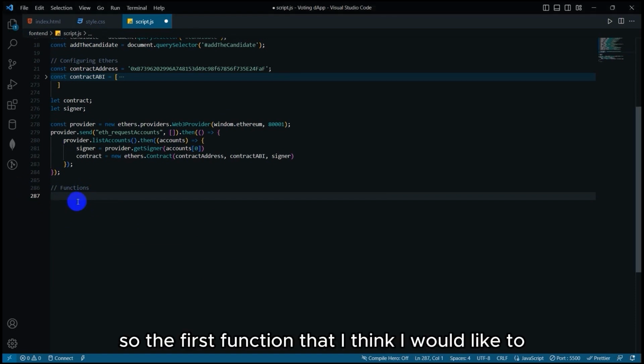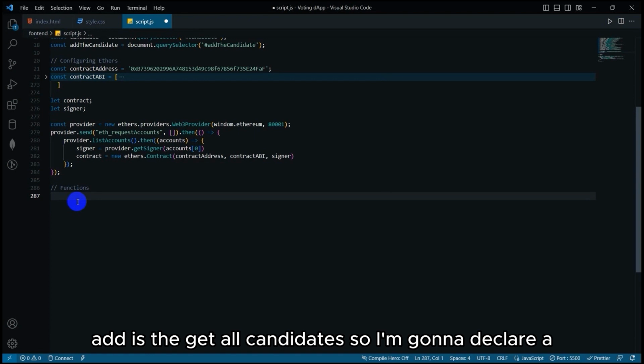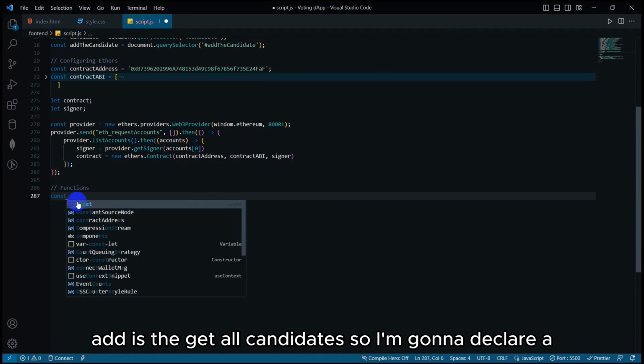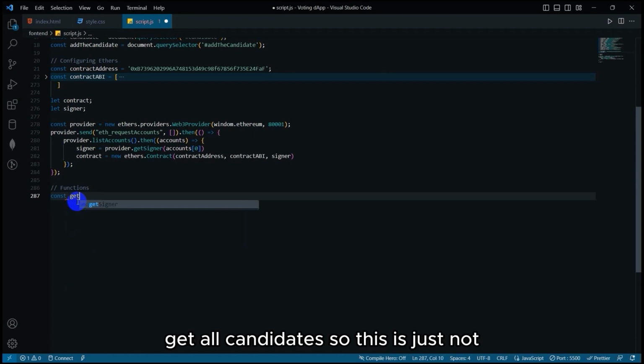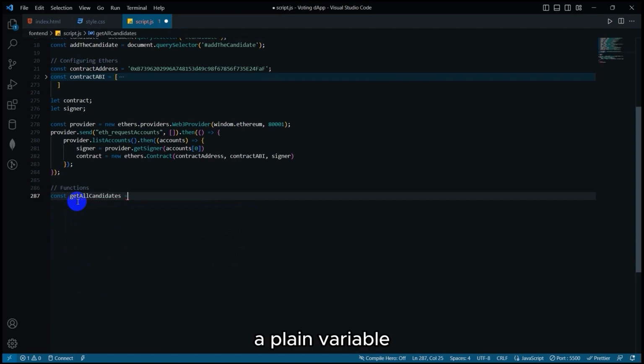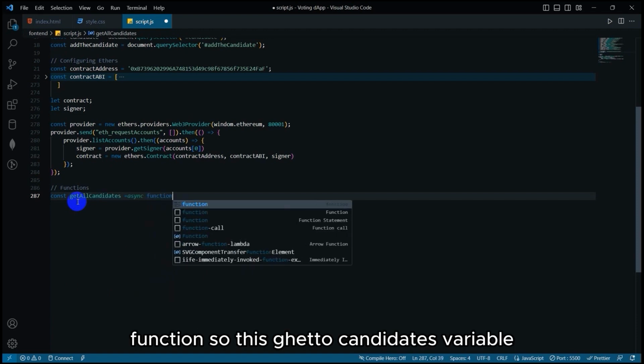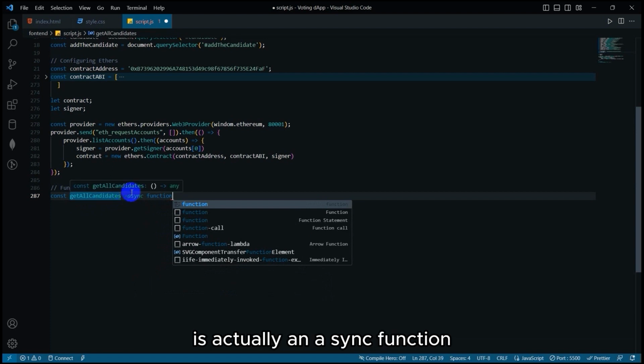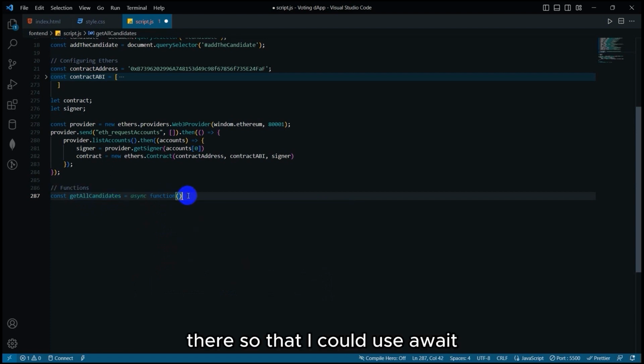So the first function that I think I would like to add is the get all candidates. So I'm gonna declare a variable called getAllCandidates. This is not just a plain variable, but a variable that stores a function. So I'm gonna create an async function, so that I could use await later on,